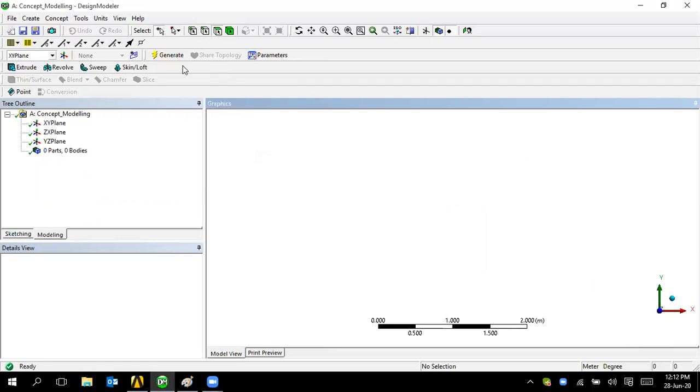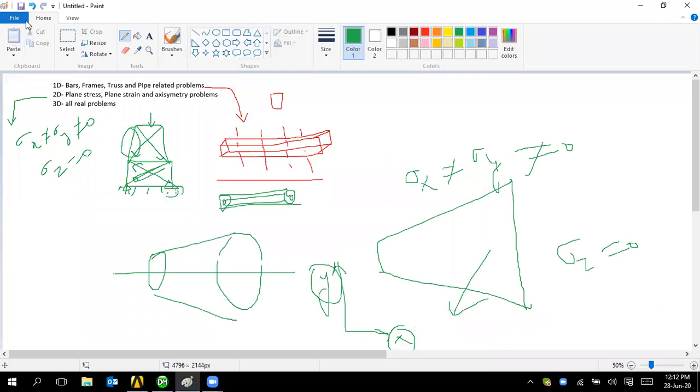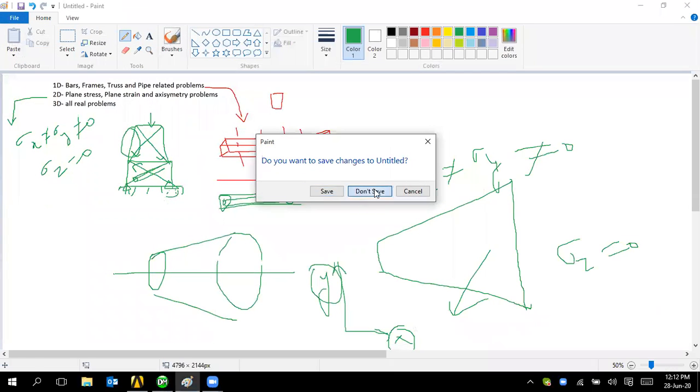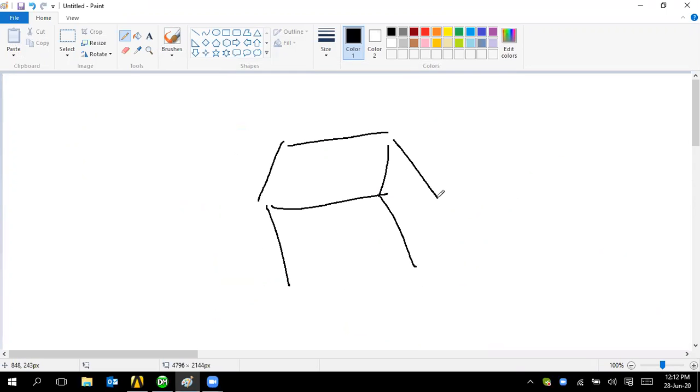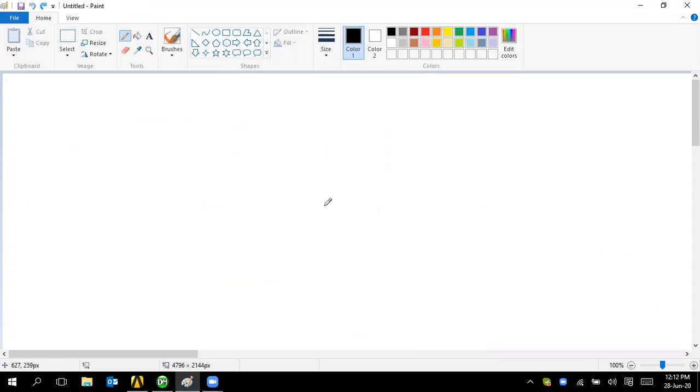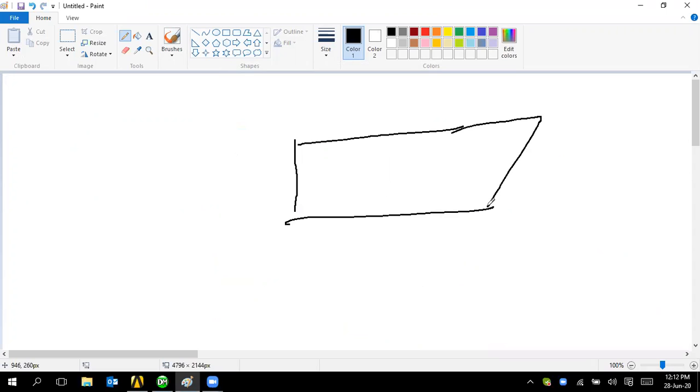So I'm having a stool, I'll show you the dimensions. So we have a stool. Here we have the legs.